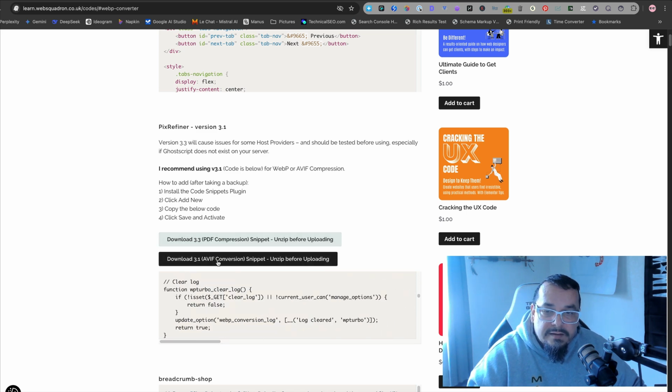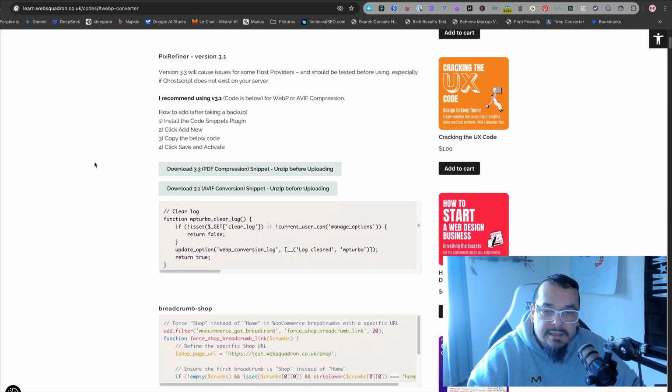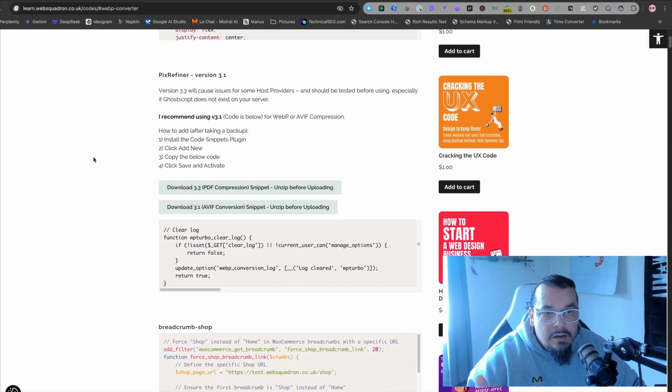There's PDF compression, AVIF conversion, these two snippets and stuff. That video I just had up explains the installation process a little bit for you and what it does. He is a little bit long-winded. You know me: here are the instructions, this is how you do it, done. He is long-winded and gets into a lot of the behind-the-scenes stuff and why he did things. So if you don't want that, put it on at 1.5 playback speed and you'll get a lot more out of that video. But here's the code for it.